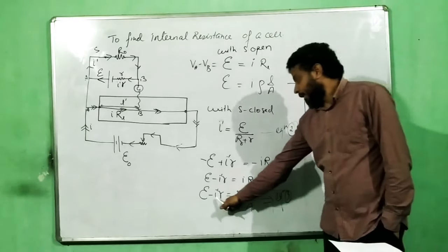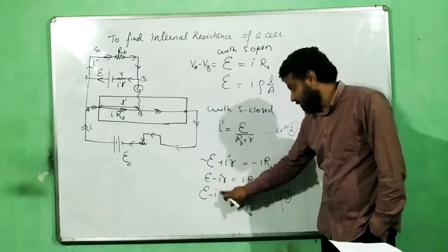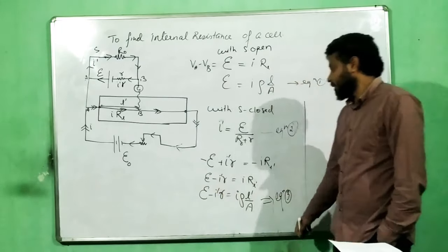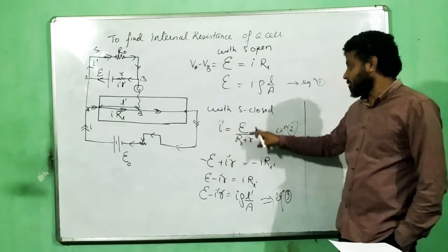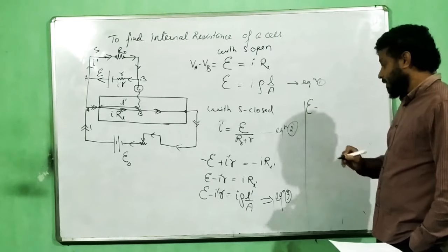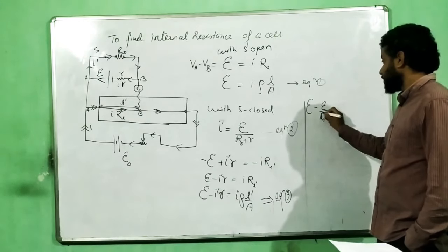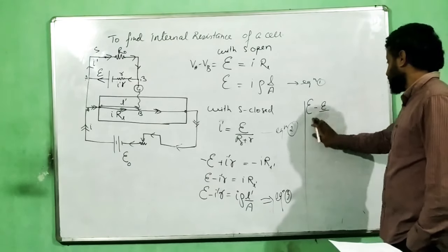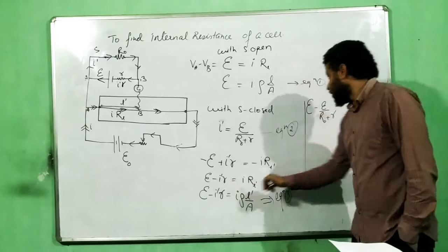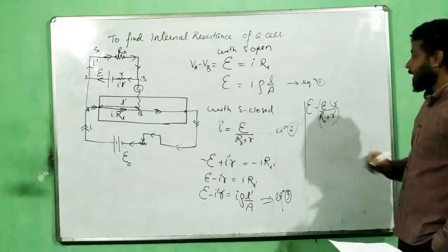Okay, I'm going to put the value of I dash here. What is I dash? E. I hope this is visible to everybody. This is I dash and then R. So what is I dash? I dash will be equal to E over R naught plus R. So the first term is EMF E, divided by R naught plus R, and there is a small r multiplied, so there is small r over here. This is the value of I dash.